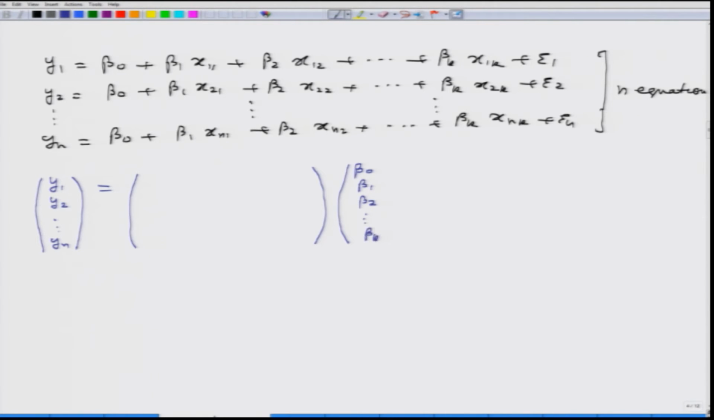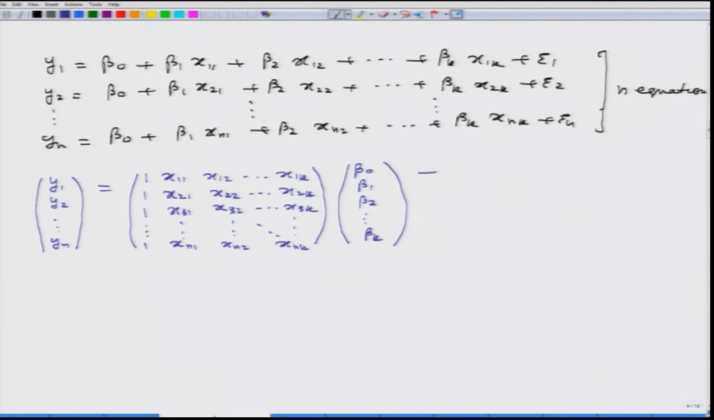up to beta k, and based on that the first row of this matrix will be 1, x11, x12, up to x1k, and the second row will be 1, x21, x22, x2k, and similarly the third row will be 1, x31, x32, up to x3k, and this will continue up to xn1, xn2, up to xnk, and plus epsilon 1, epsilon 2, epsilon 3, up to epsilon n. Right. Okay. So, now I can denote